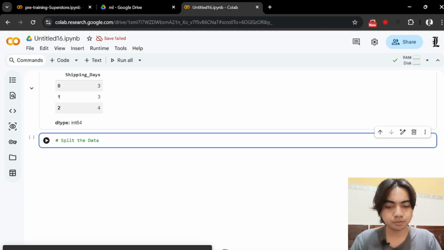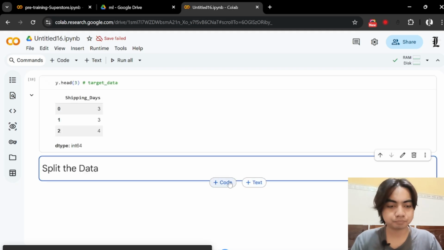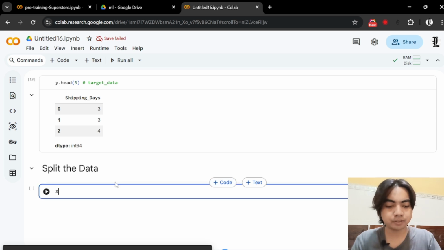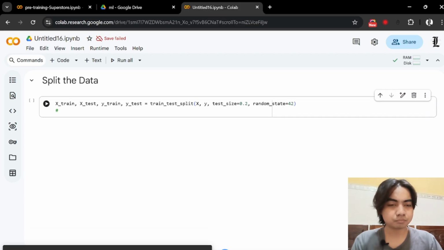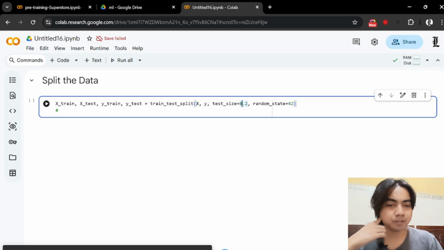I would like to have the X train and the X test, and then Y train and Y test, and let's use the train test split. I would like to have 80% of my data become the training data, and only 20% becoming the test data. Okay,